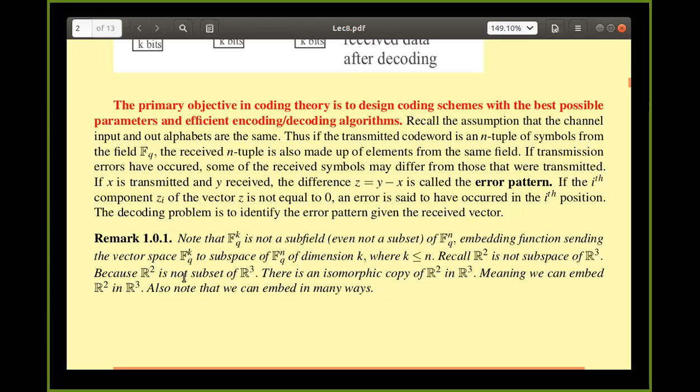You can embed, take z to be any value. So there are infinitely many. So x comma y comma 1. Okay. Yes, the zero vector will not belong in that case, as a subspace, if you want to see it that way. Otherwise, as a subset, you can embed. But as a subspace, yes.